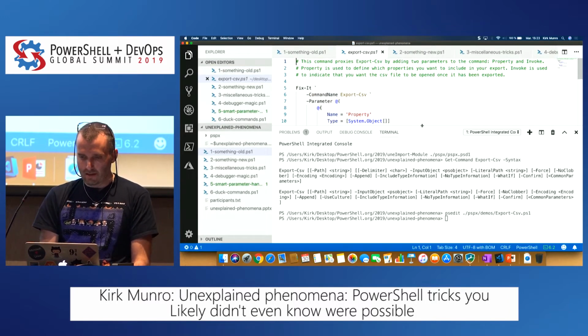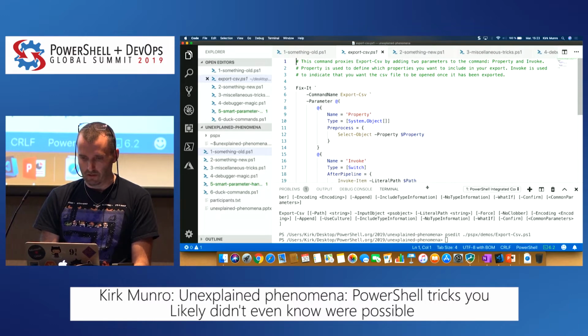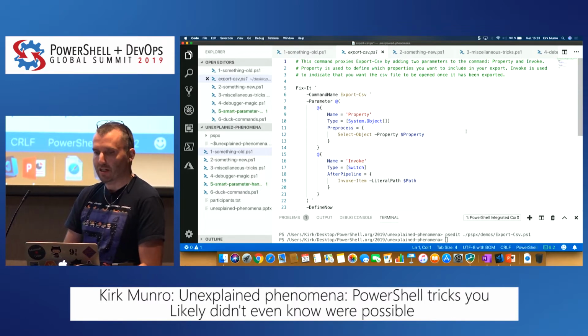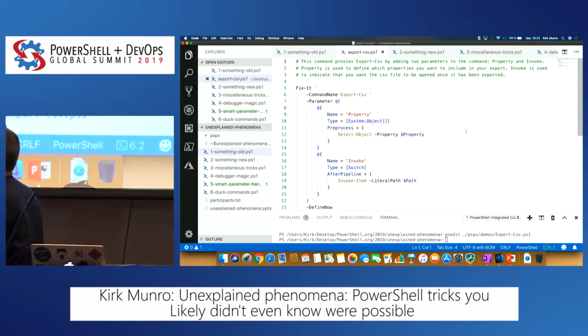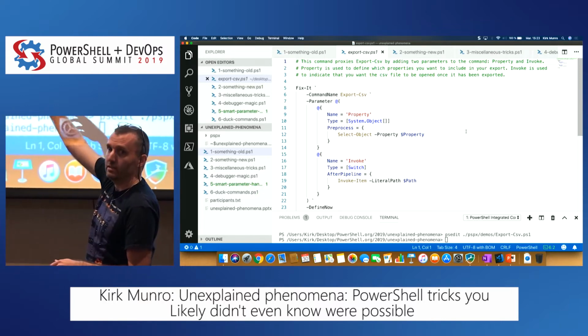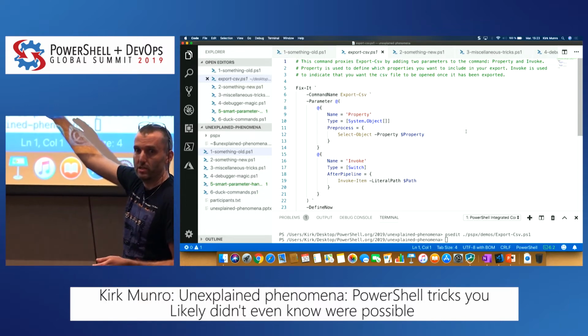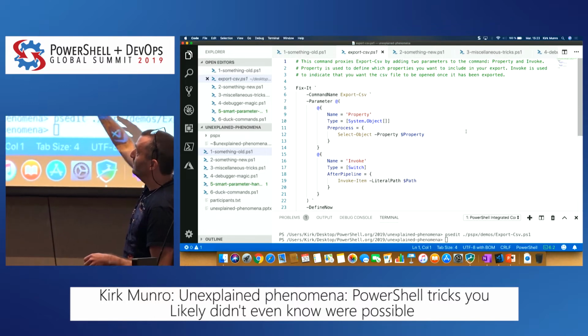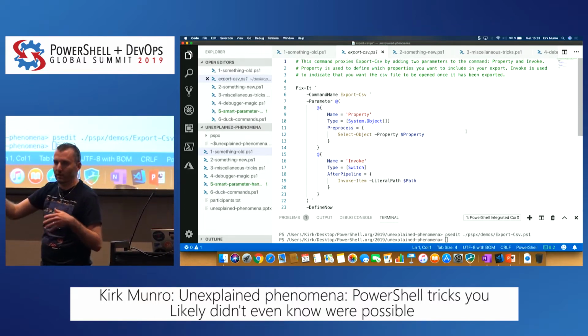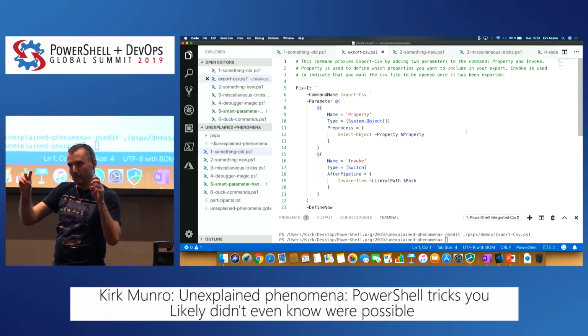So this syntax at the top is going to look a little weird. This is leveraging PSPX, the module I wrote. And so there's an alias called fixit, which behind the scenes maps to New-ProxyCommand. I picked fixit because usually these ideas come from a command's not quite working the way I want it to, and so I want to fix it.